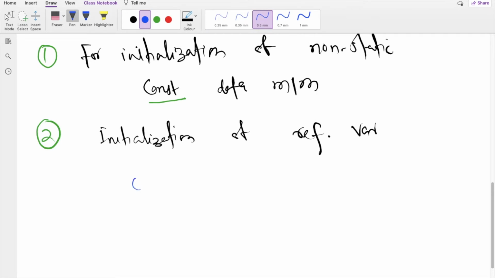Suppose we have a class, maybe Test, and then we have a variable const int t. So this is actually a non-static constant data member.